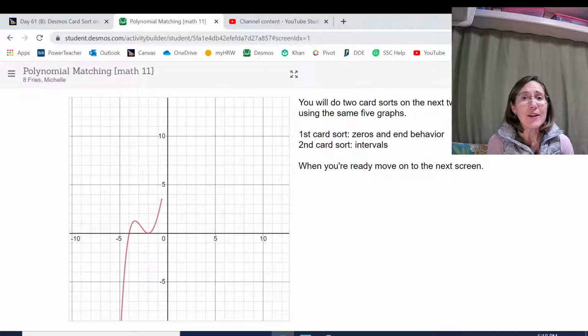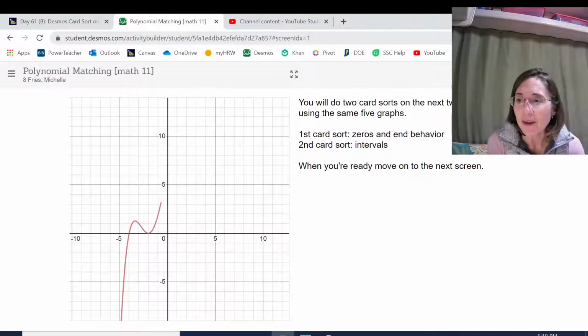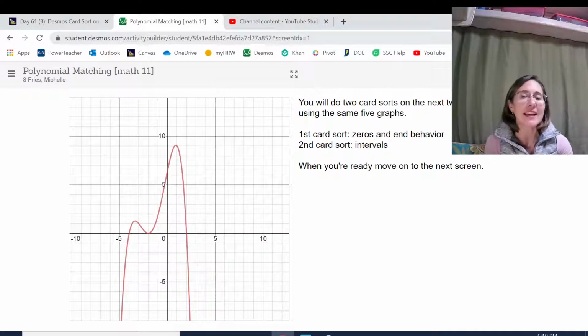Hello. Today we are going to do a card sort on Desmos where you look at both the roots and the end behavior. So kind of putting together what we've talked about with polynomial functions. I have it pulled up here on Desmos so that you can see what this activity is going to